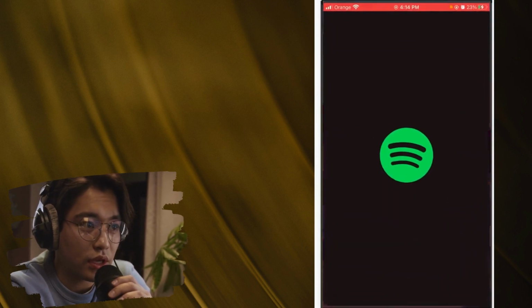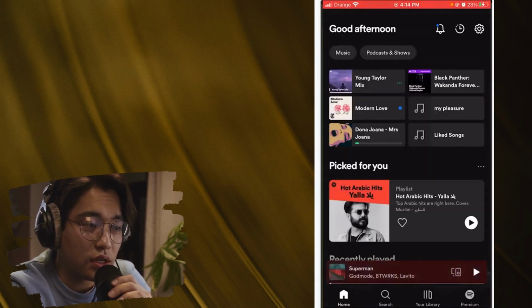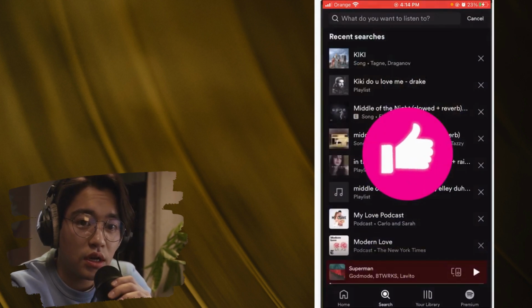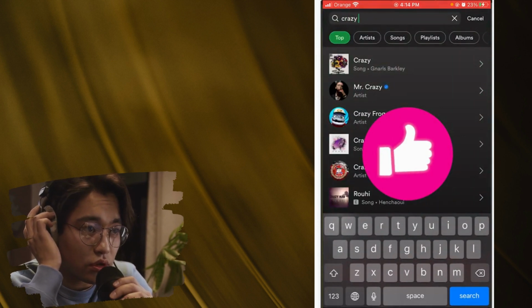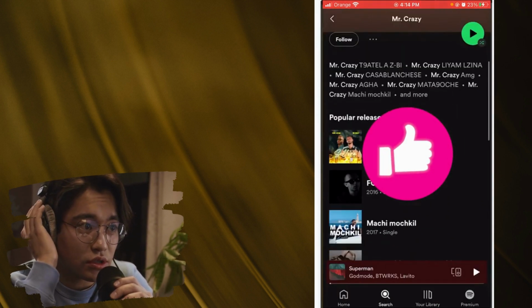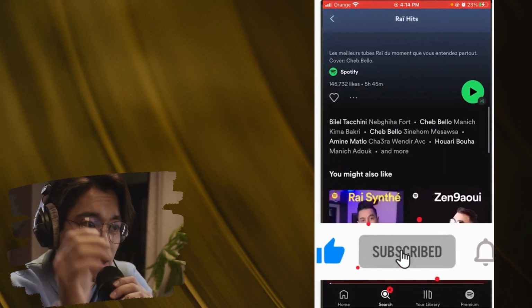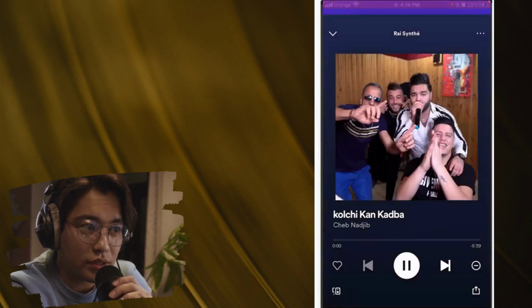The second method is go to Spotify and search for any music you want. It's free, you don't need to pay for anything. Just search for any music you want. For example, this one. Let me know, guys, if this works in the comments, and then select any music you want. For example, this one, and then what you want to do, guys, after that,